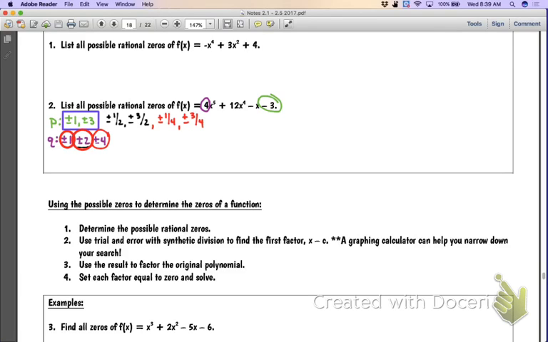So in terms of all of my possible zeros, it's the original list that I have here, and then those values that I basically added to or tacked on to my original list as far as my p-values. Okay, as far as all my factors of my constant value. Okay, so how does this fit in? Well,